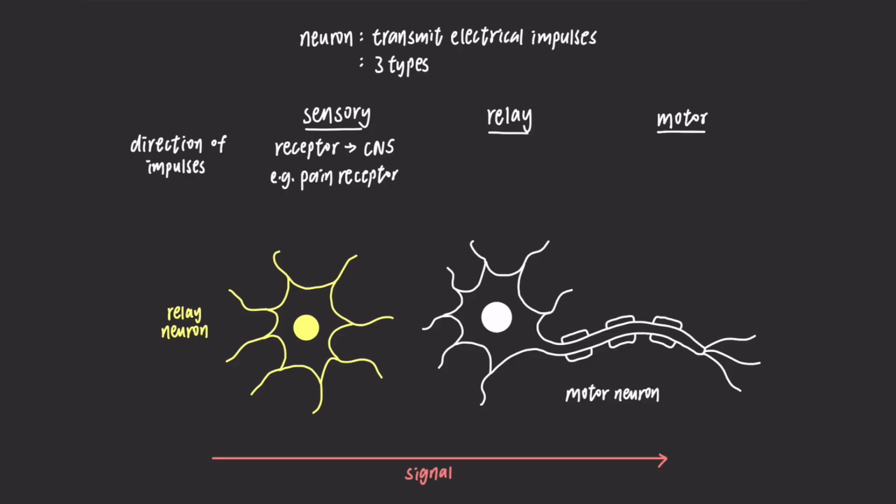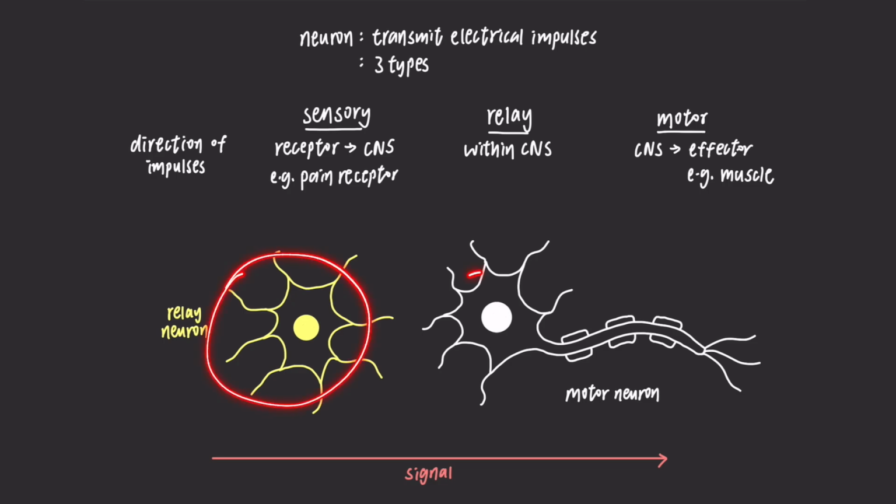Relay neurons transmit impulses within the central nervous system, and motor neurons carry impulses from the central nervous system to effectors such as muscle. When one neuron transmits a signal to another neuron at a region called synapse, the signal is not